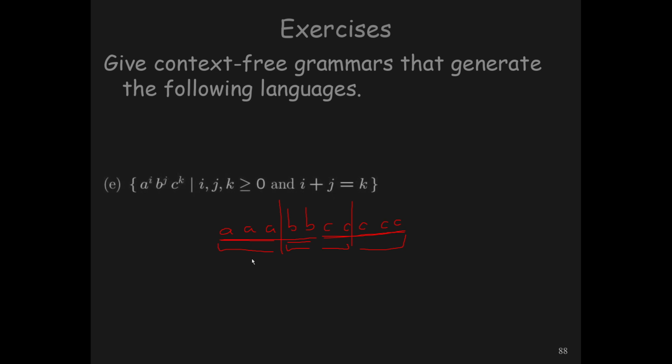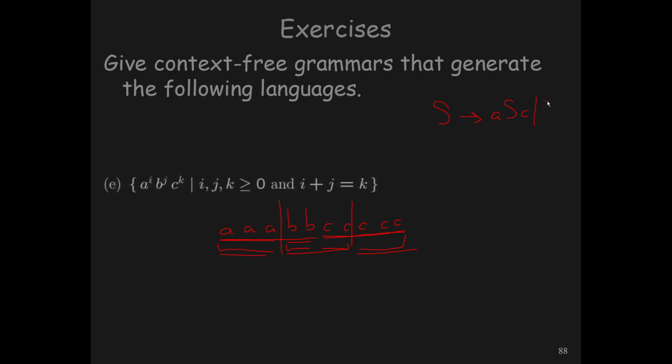So what you're gonna do outside in, first you're gonna generate the A's and the C's together, 1 A for every C, or 1 C for every A, same thing. And then once you're done with that, you're gonna start generating B's and C's together. Okay? So let's start. First we have S produces A S C